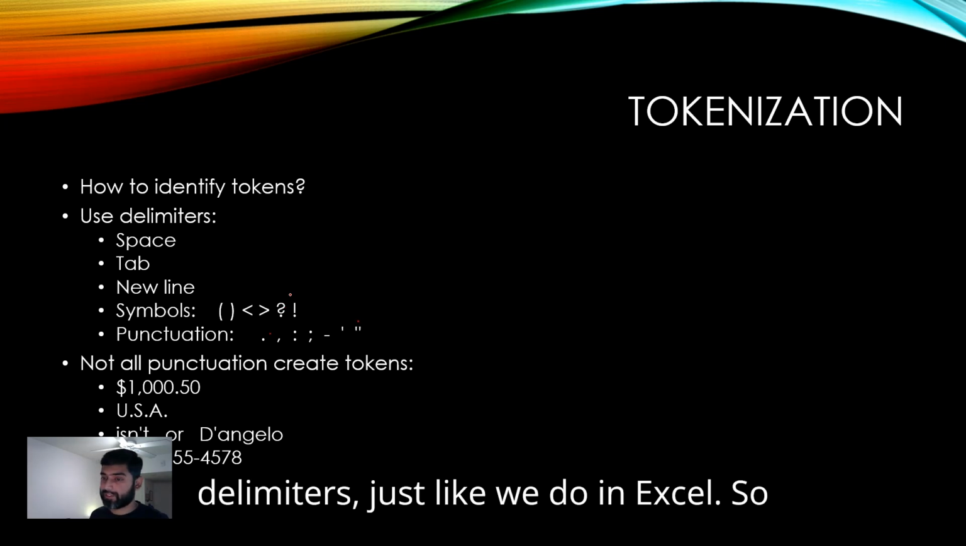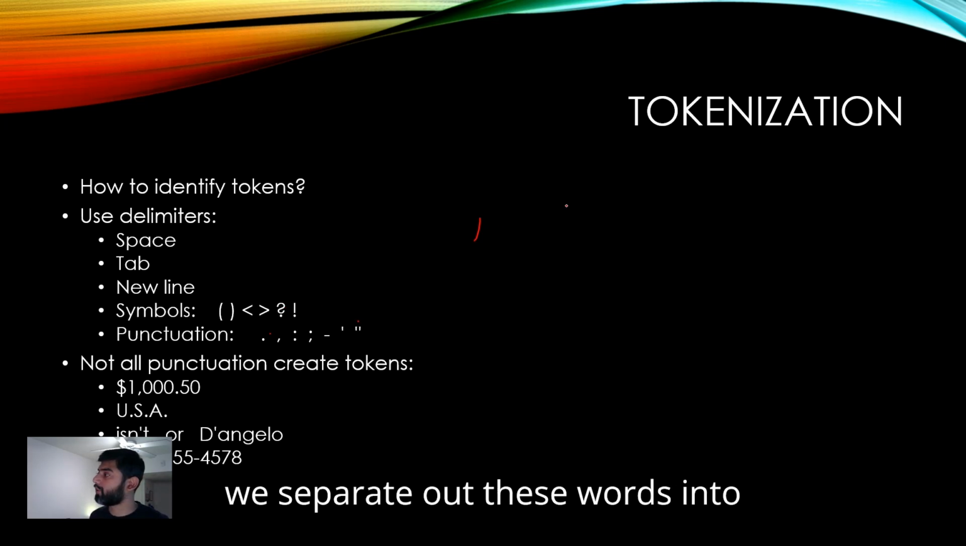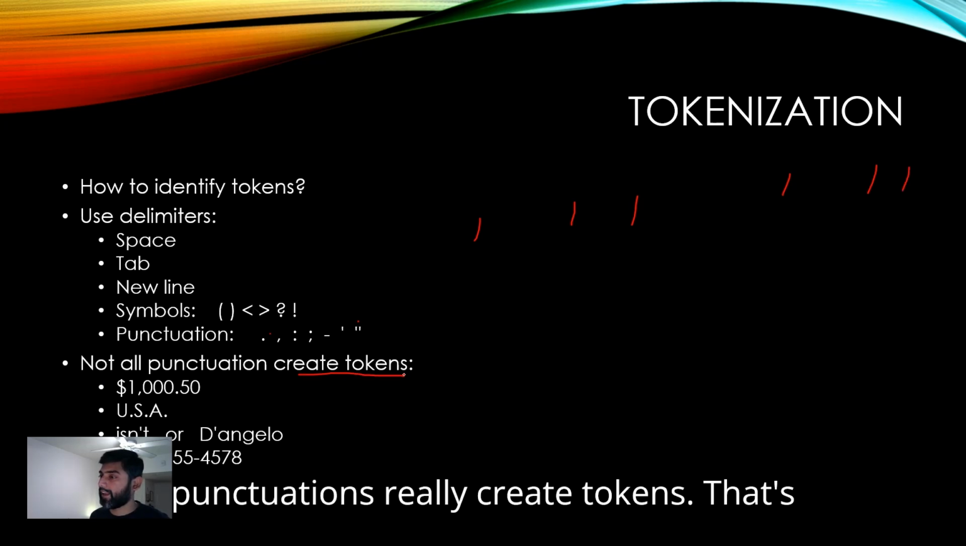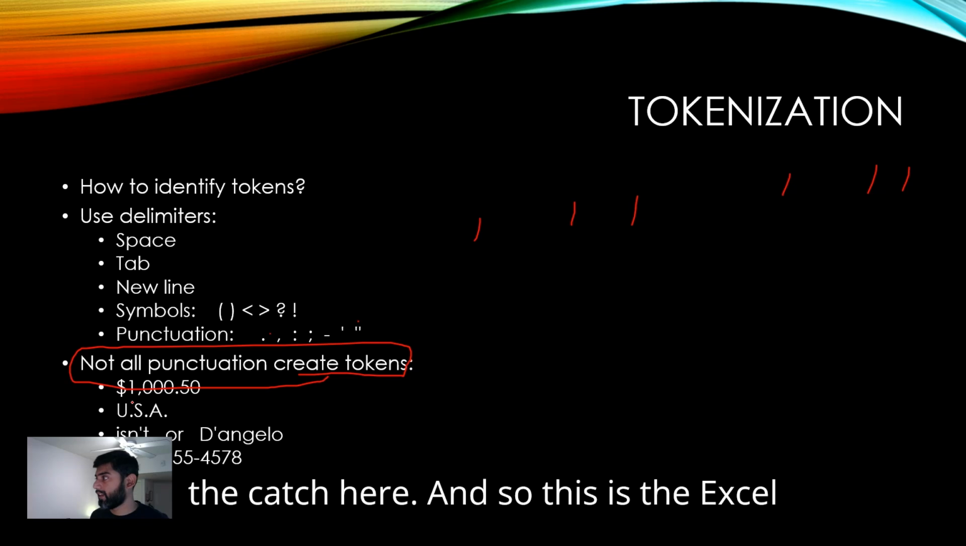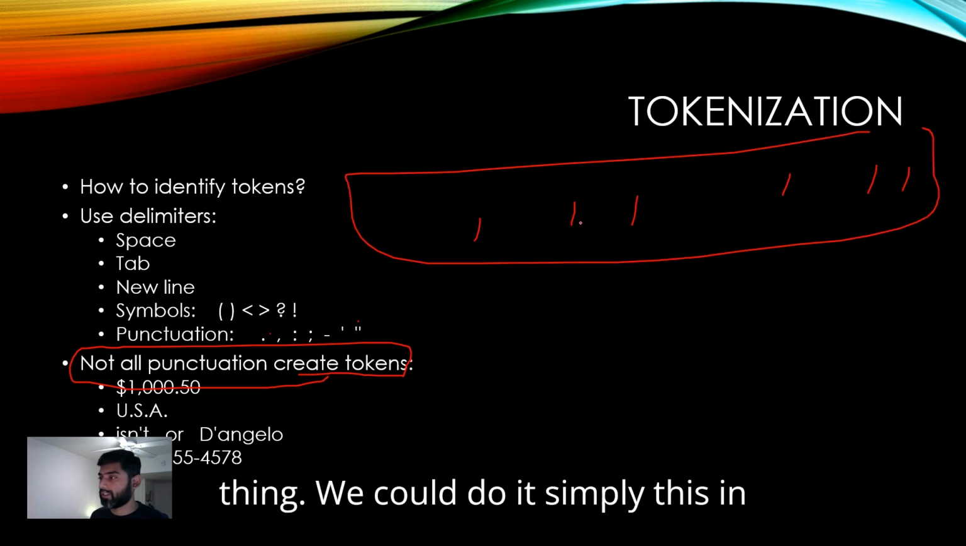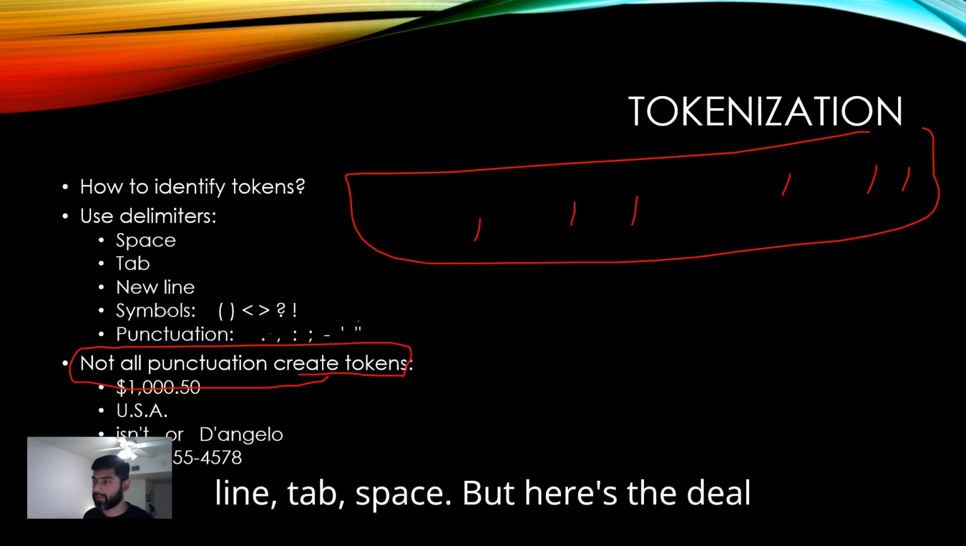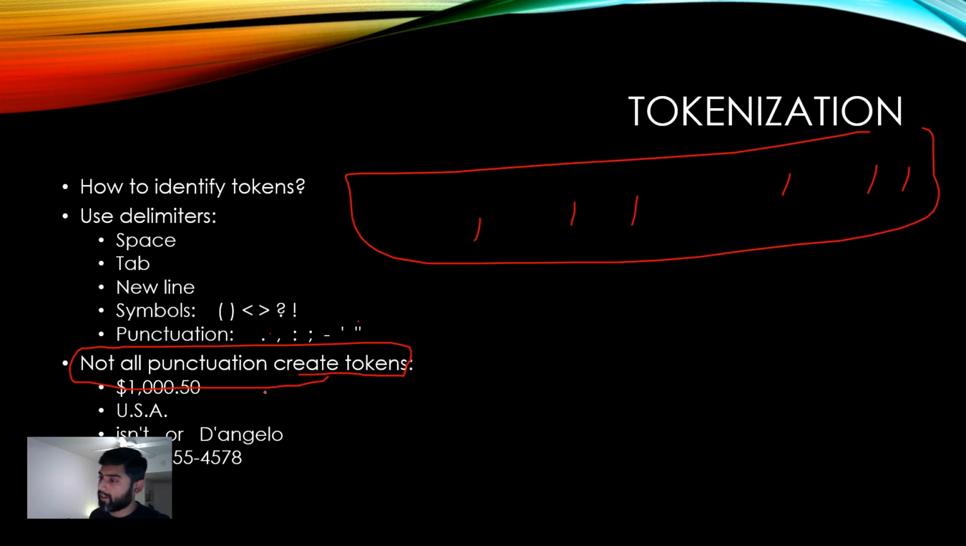So all these could be delimiters, just like we do in Excel. We separate out these words into different columns. But not all punctuation really creates tokens. That's the catch here. This is the Excel thing: we could simply divide all the words in different tokens using different punctuation, new line, tab, space. But here's the deal in machine learning: